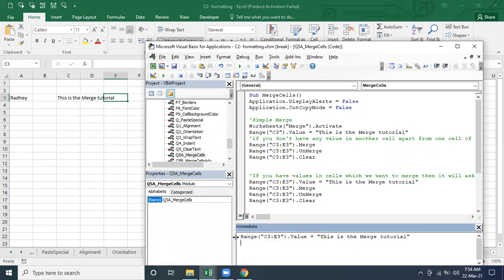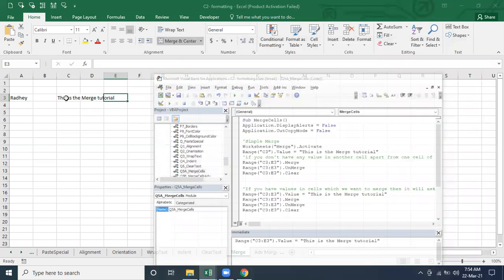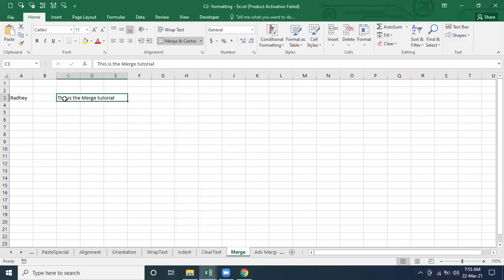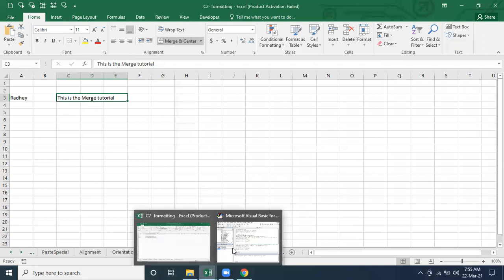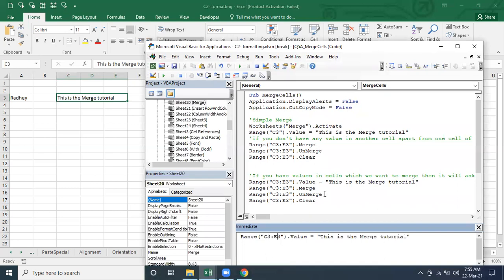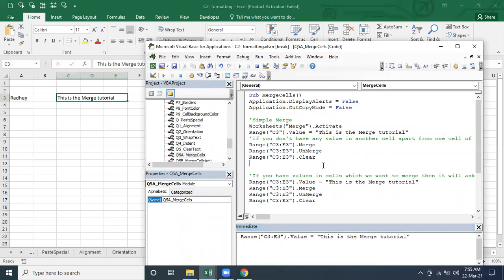I pass the value. What happened? Okay, we have to unmerge first. See, just see, I'm trying to pass the value to C3 to E3. So it's assigned the value, but the thing is C3 to E3 is only one cell because it's already merged.